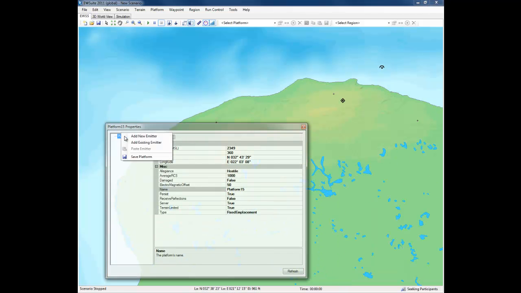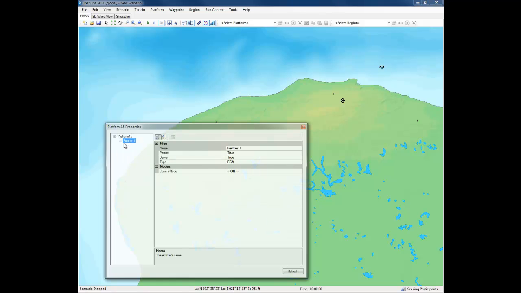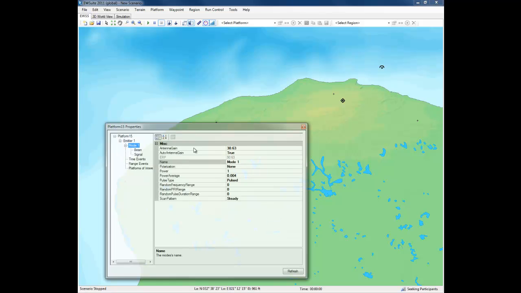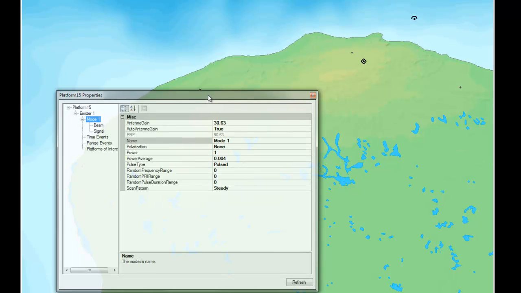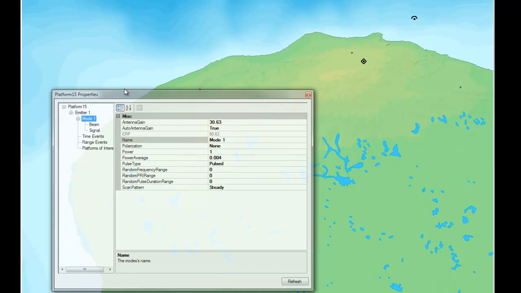First thing I'll do is add a new emitter, which just gives us the default emitter with the default emitter parameters. And what I want to do is build a circular scanning emitter that has an alternate PRF. In other words, the first sweep will have one PRF and the second sweep will have another PRF. So the PRF will be tied to the scan pattern that the emitter is performing. First thing to do is change this to a circular scanning emitter,